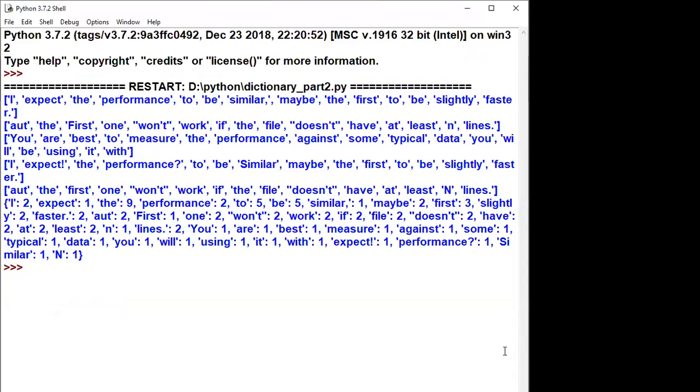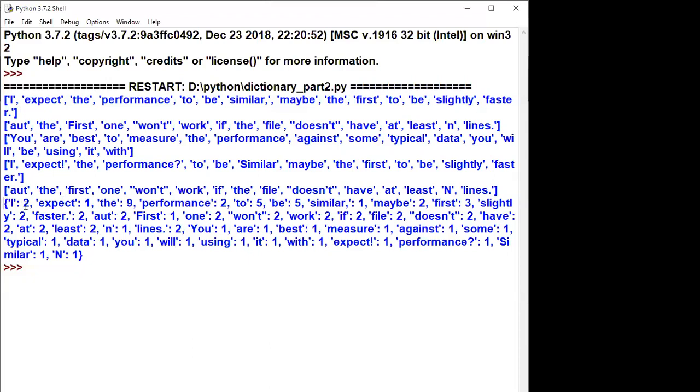Can you see the output here? Right. See, can you see the list of words? Every line in the file is converted into a list of words first. So many lists are created, and from here only the dictionary begins. Can you see from where the curly braces begin? That is the beginning of the dictionary. Sorry, from here the dictionary begins.